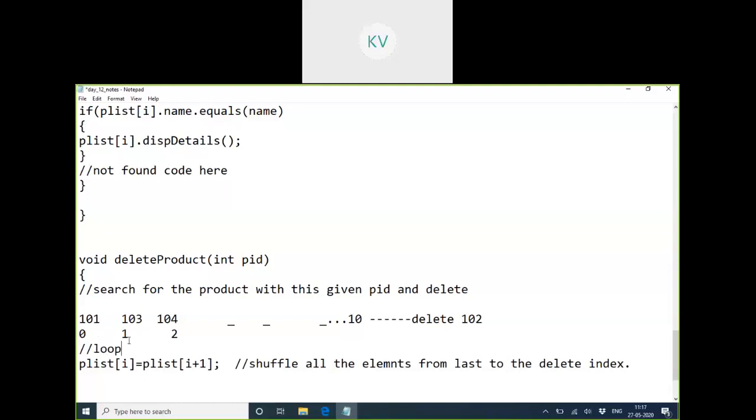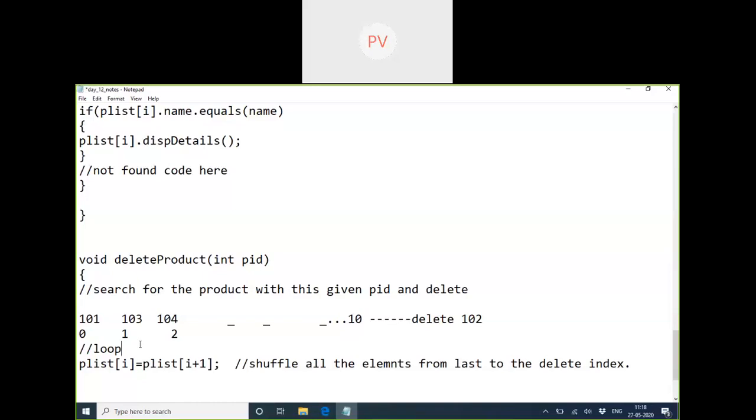And for deletion, is there any function kind of thing? No, in array we don't have any function. Later we'll learn a collection chapter where we can do everything automatically. We will just say delete or remove, and it will automatically remove and shuffle the elements also. But array is a simple class which can only accommodate data, which can only represent a continuous memory block of data. There are no methods in an array.